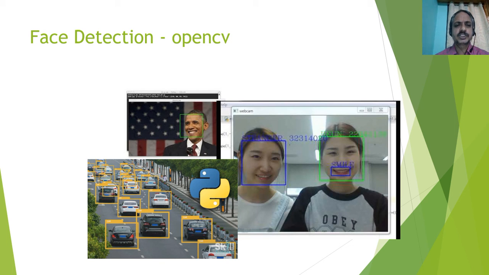And there is another project called OpenCV. This we will learn in TensorFlow. You can identify various faces, expressions, cars, car numbers, whether a car is moving more than a certain speed or not, whether a person is using a helmet or not on a bike. So you can analyze various object detections. This is unstructured data, and this is also analysis.